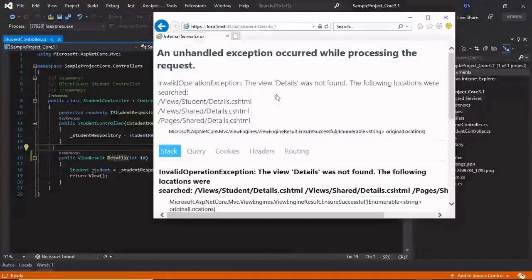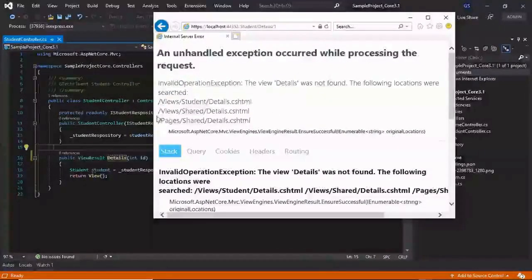So now let's understand how the view is searched in our application. As we are returning the view from the Details action method of the Student controller class, by default MVC looks for Details.cshtml in the following locations. First, it looks for the Details.cshtml file within Views/Student, because the Details action belongs to the Student controller.